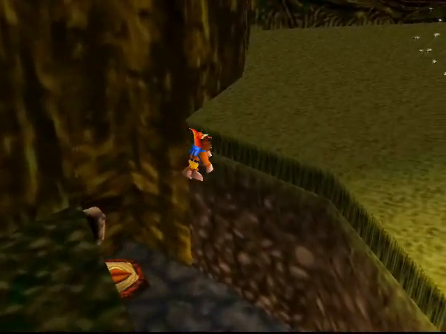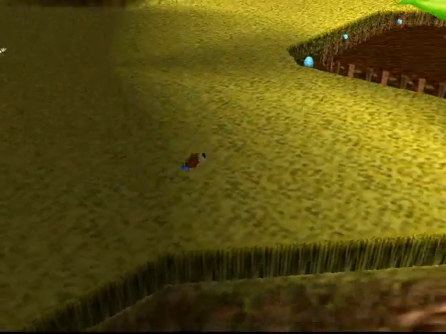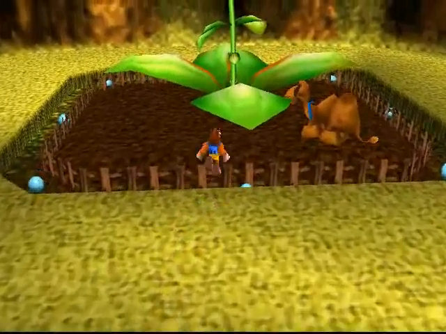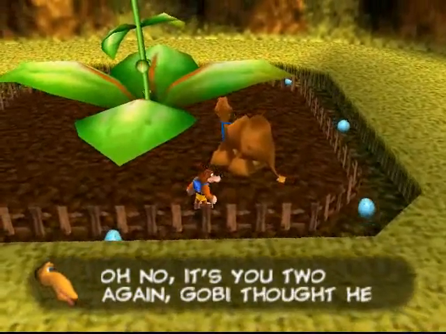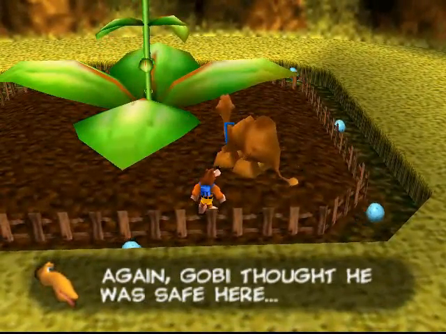Now, let's head back over to the field where that giant plant is, and look at that! We got an old acquaintance here. It's Goby, right next to a thirsty plant. You know what that